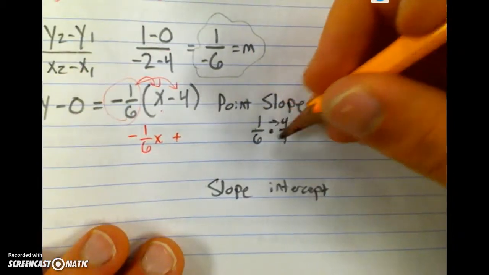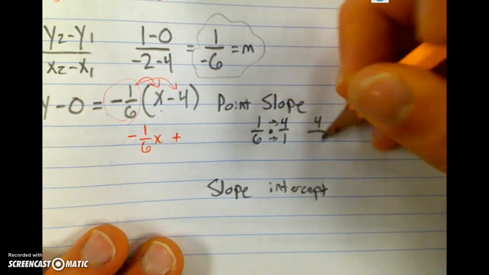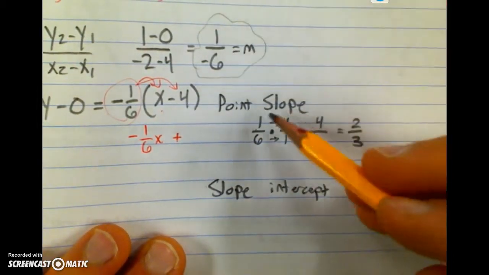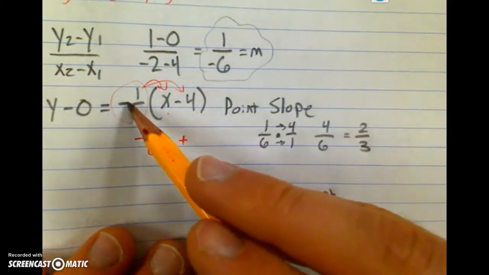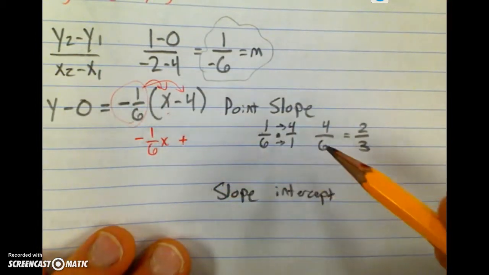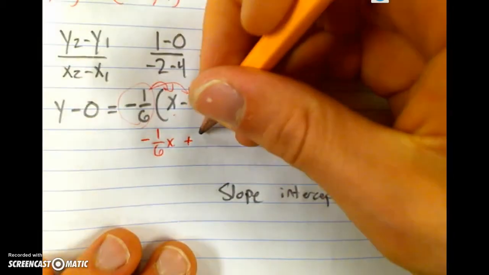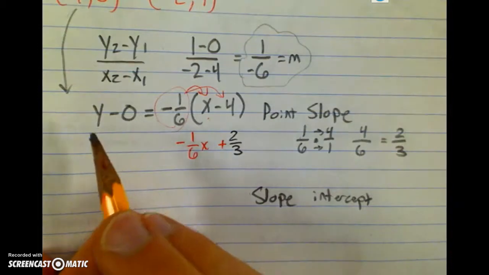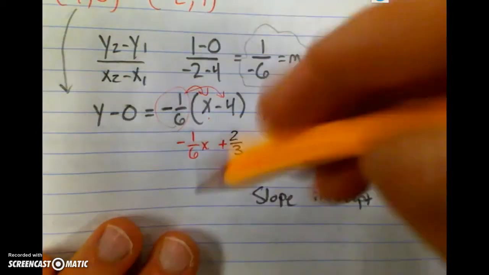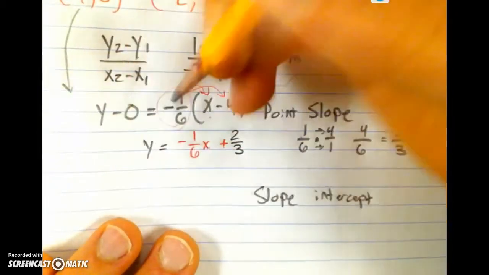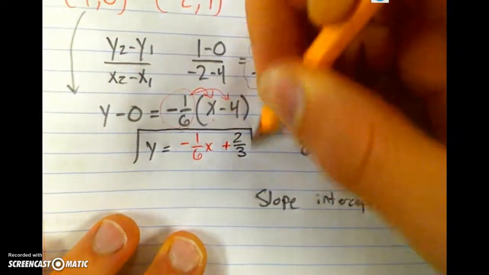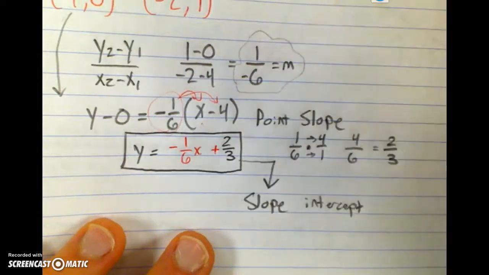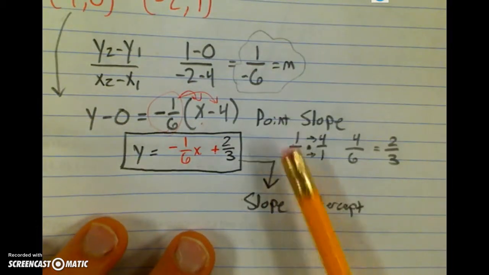So we multiply straight across. Then we've got our 4 over 6, which turns into 2/3. I multiply straight across to get this 2/3. And since I didn't have any y values to add or subtract over here, y is by itself, so here would be my slope intercept equation. That's what it asks. It asks for it in point slope and for